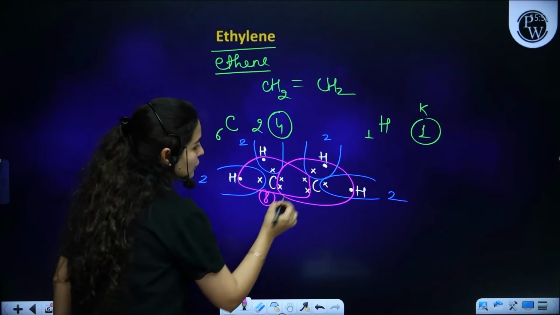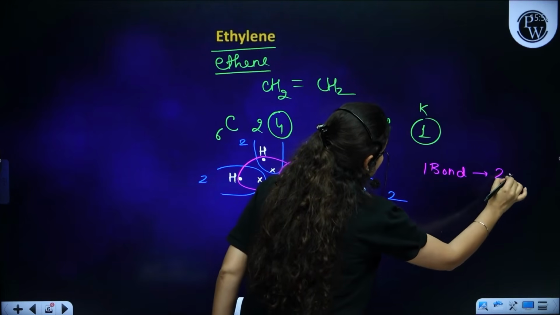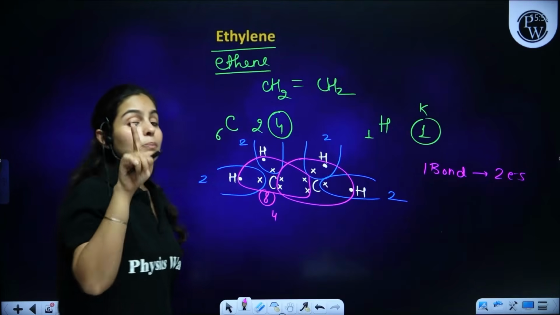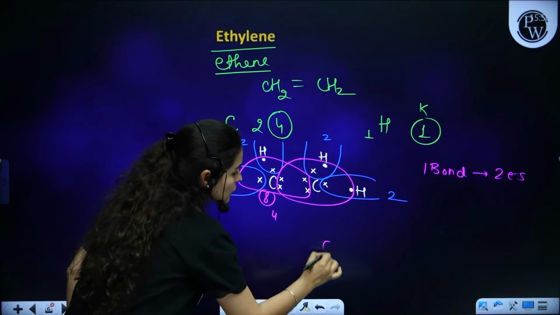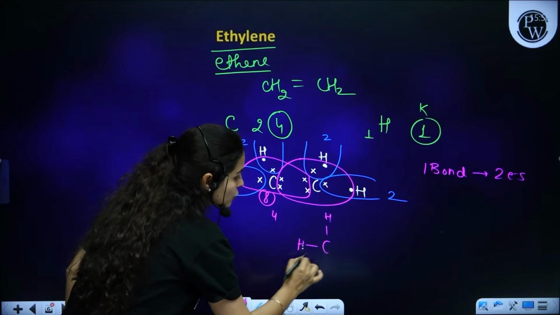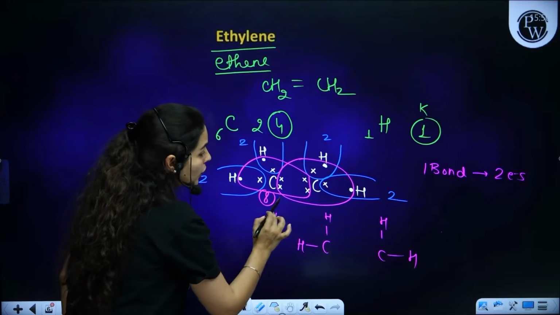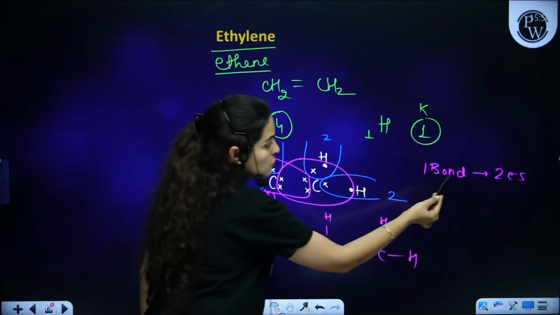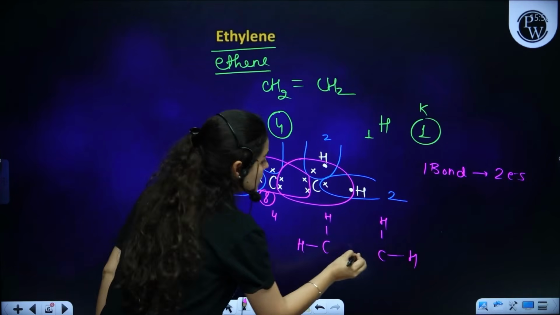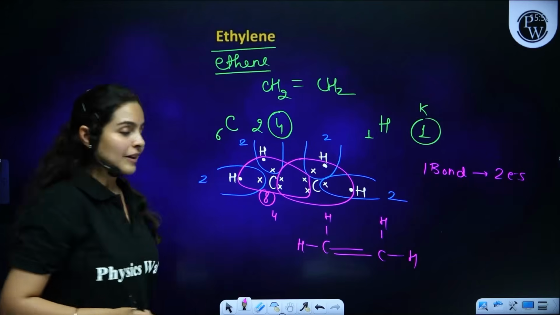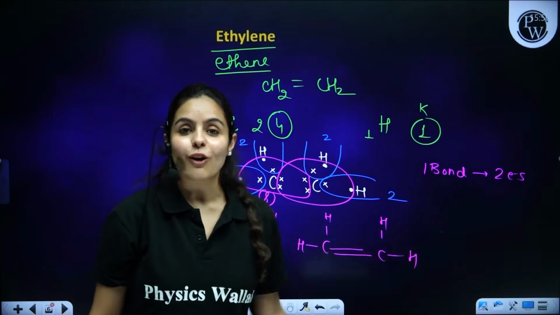Now you have to make the bond. Please remember, 1 bond or single covalent bond requires 2 shared electrons, or one pair of electrons. So there is a single bond between carbon and hydrogen, carbon and hydrogen, carbon and hydrogen. Now there are 4 electrons here. So if 2 electrons make a single bond, then 4 electrons are definitely going to make a double bond. So there is a double bond between carbon and carbon, and that's it, done and dusted. We are here with a structure of ethene.